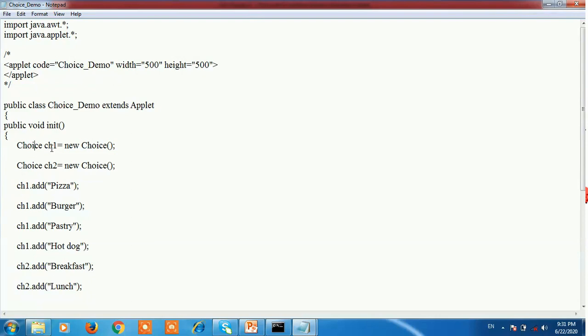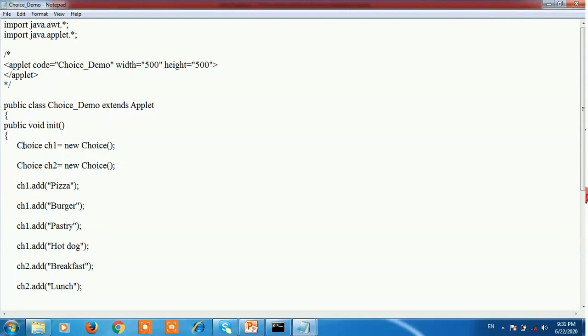First choice object is ch1 equals new Choice, and second choice ch2 equals new Choice. Both are the default constructor, and they create an empty list. Then we add the items onto the list using the add method. See here, we add the items.